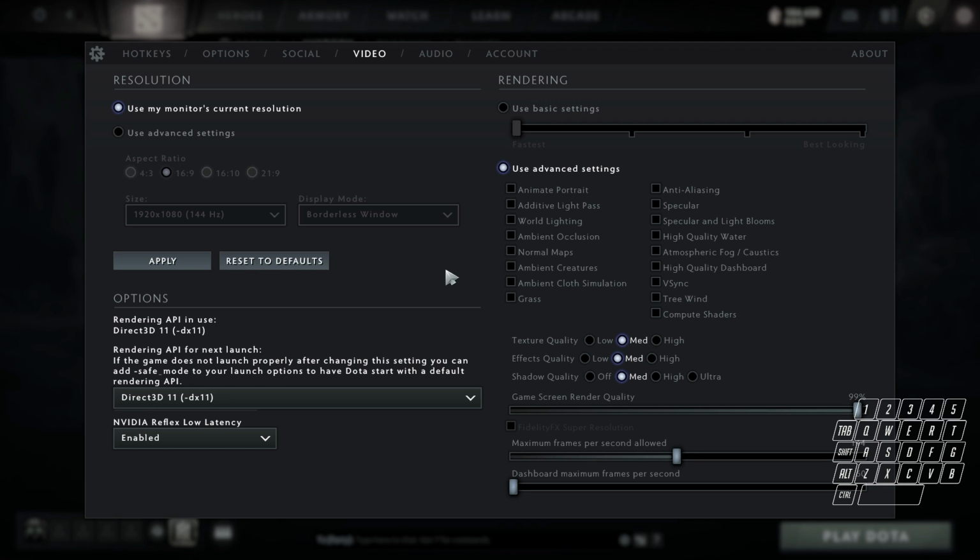But all the other settings are kind of wasted in my opinion. They're just taking some resources from Dota, and everybody knows Dota is not really well optimized, so it doesn't really matter what you're doing here, you're gonna get low FPS at some point in any team fight. That's why I just want to keep it low and keep it simple.